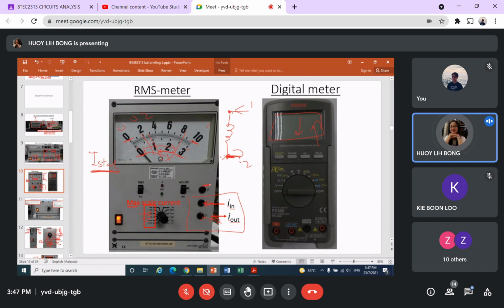This is actually to read the voltage. Okay, if we connect this, and this is to read voltage. Okay, if we connect these two terminals. Digital meter,